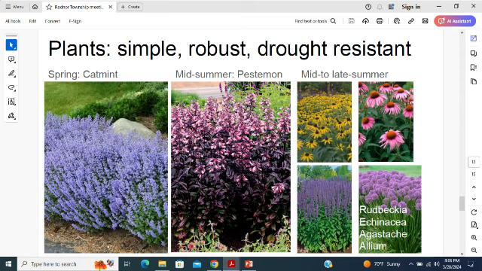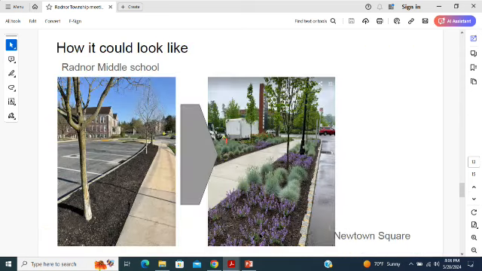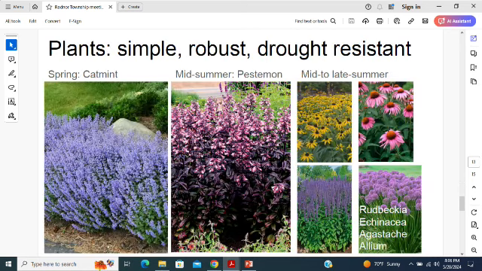And of course, what I think is a mistake in this planting is that it's all planting that supports pollinators in spring or now early summer. You need, of course, a planting program that takes a bee through the whole year, from spring to midsummer to late summer. And there are enough plants that are American wildflowers. They are deer resistant, they are drought resistant, they only grow knee-high, and you don't need to take care of them. You just cut them back once a year, and then you get basically the benefits of the planting.